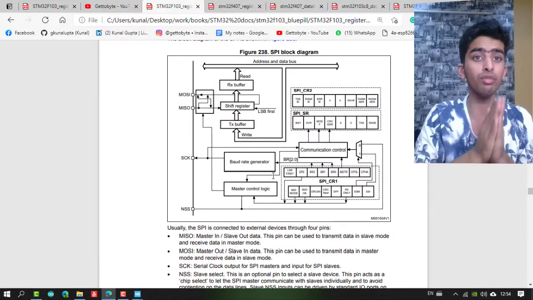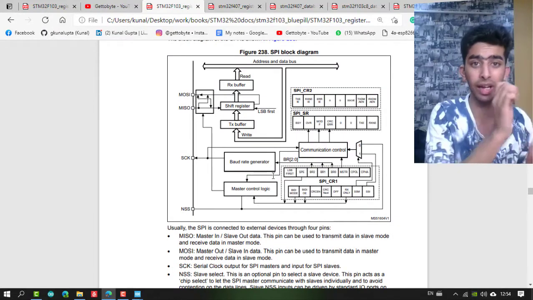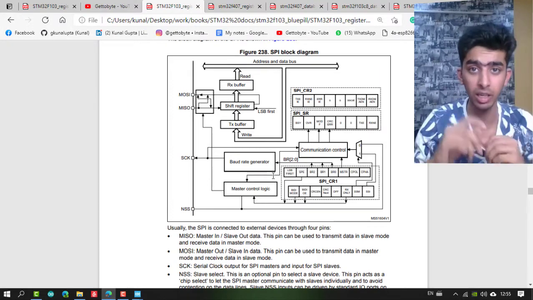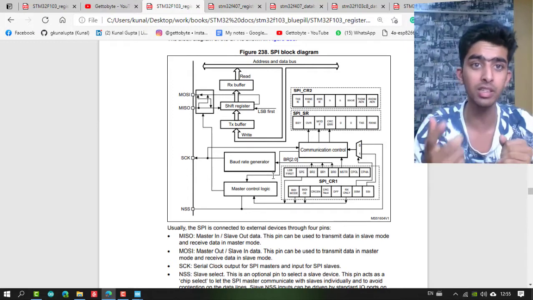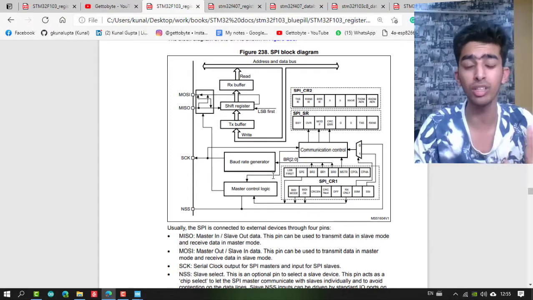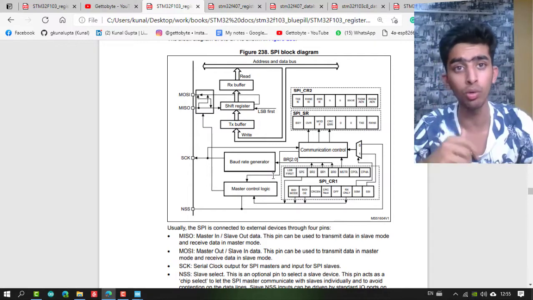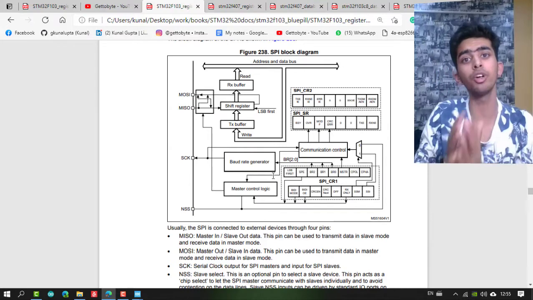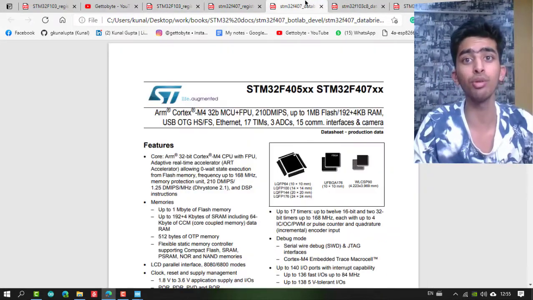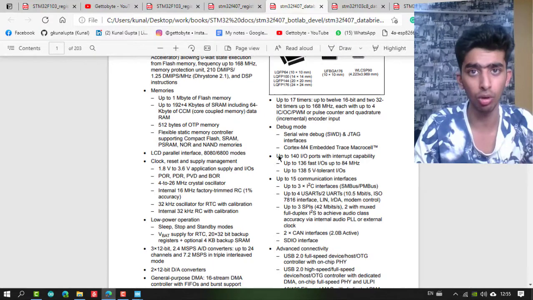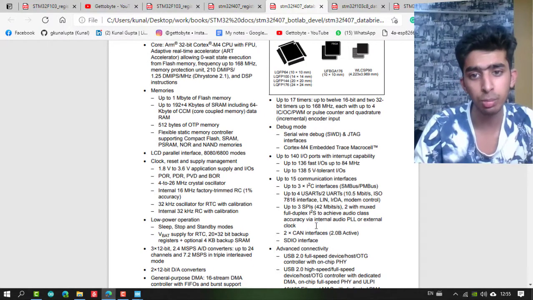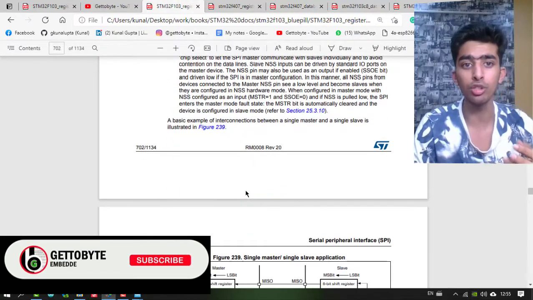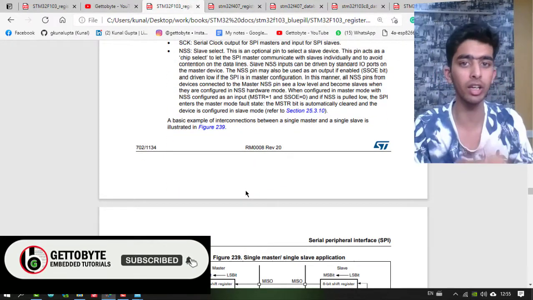The registers for F103, or for any STM32 microcontroller, are almost 95% the same. All of them have the same logic, and the same bytes and bits have to be enabled and disabled for a particular feature. Only the number of bits might be less or more depending upon the advanced features of the individual SPI peripheral. Like in F407 we have quad SPI and many extra features, and its clock frequency is much higher than the STM32F103. So correspondingly some bits are more or less, which I will tell you as we go.